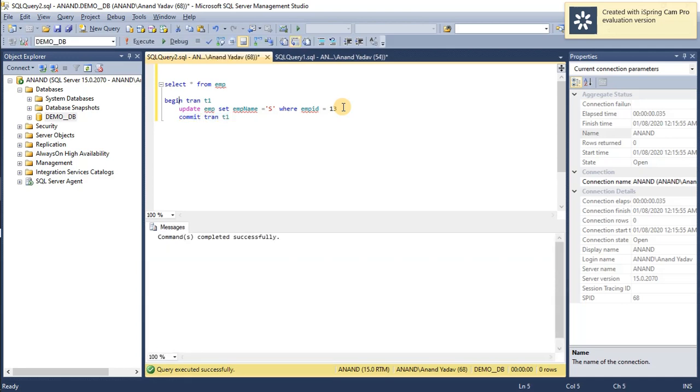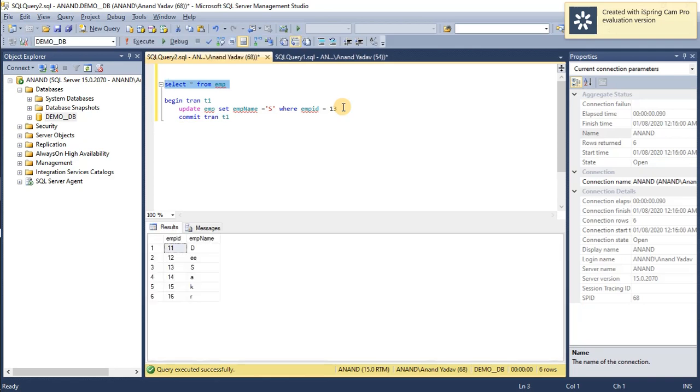This means that the record that we have updated right now is made permanent in the table. So now employee ID 13 has the name updated to S, and this is the permanent change.